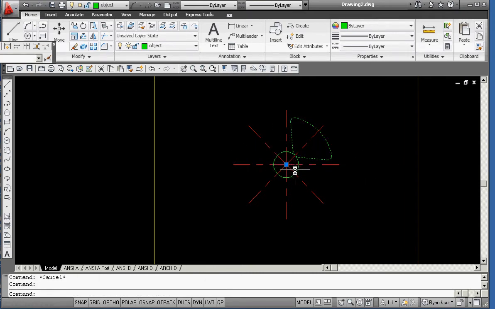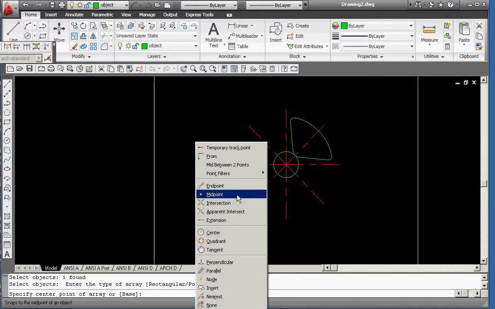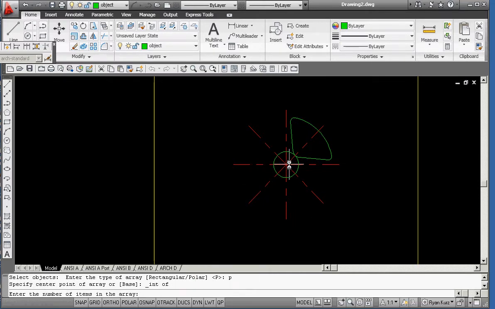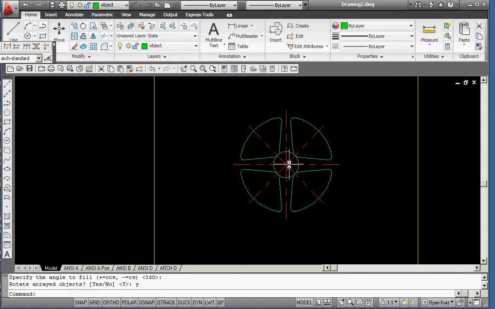Left click, left click, left click, or better yet, -array. Select my object. Polar. The intersection here. Number of items 4, 360, and rotate the objects yes. Why do you do that? So then later on,